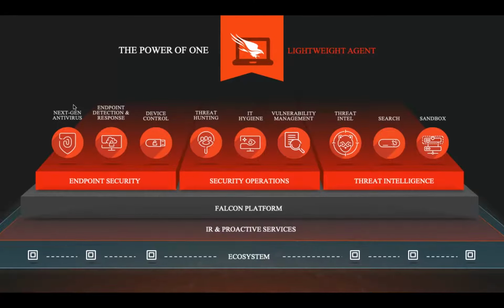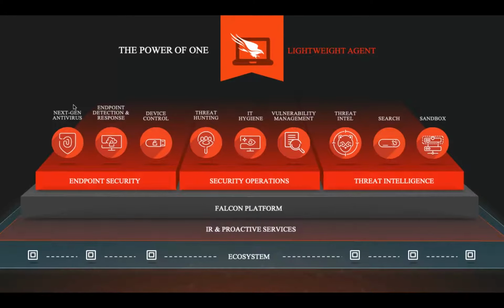Next, let's say that a detection is made. In that case, your EDR becomes active, and you'll be able to investigate by looking into the logs and process timelines. You can investigate attacks in depth using the EDR component of CrowdStrike. So any sort of investigation is done by the EDR component.